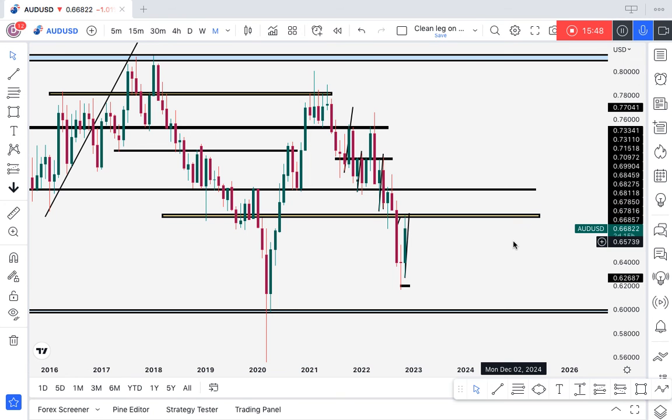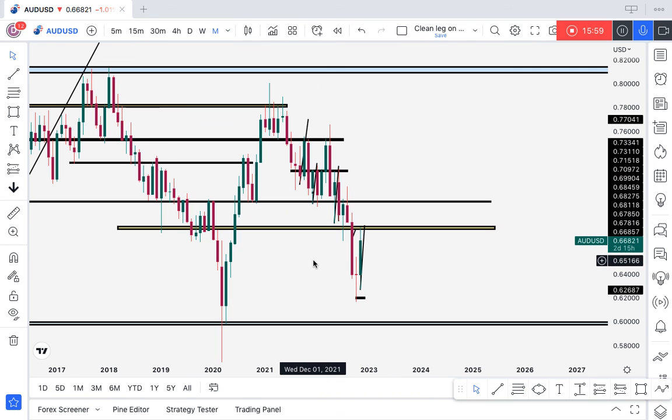So what am I looking at for this week? I would love to wait for the close of this monthly candle, because we have just 2 days and 15 hours to go. I'll have to wait for the close before I take anything, because I trade based off of reaction. I want to see price action around this level. I want to see us bounce off of this level, then I come and say, okay, fine, we continue to the downside. However, if we fail to bounce off this level and continue surging up, I will literally wash my hands of anything bearish. That is very simple.